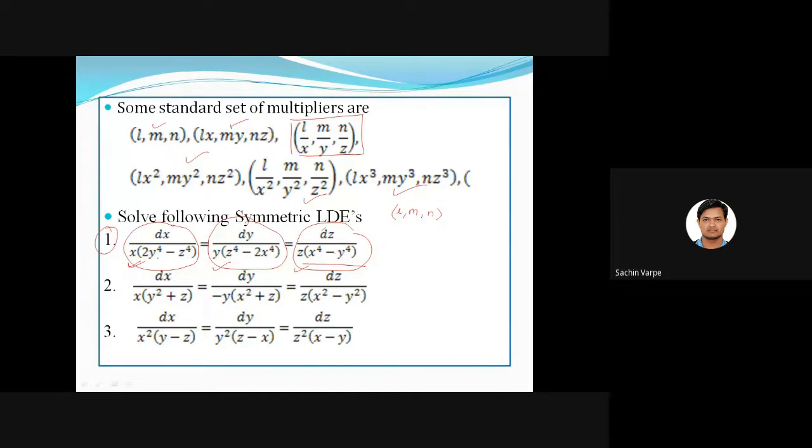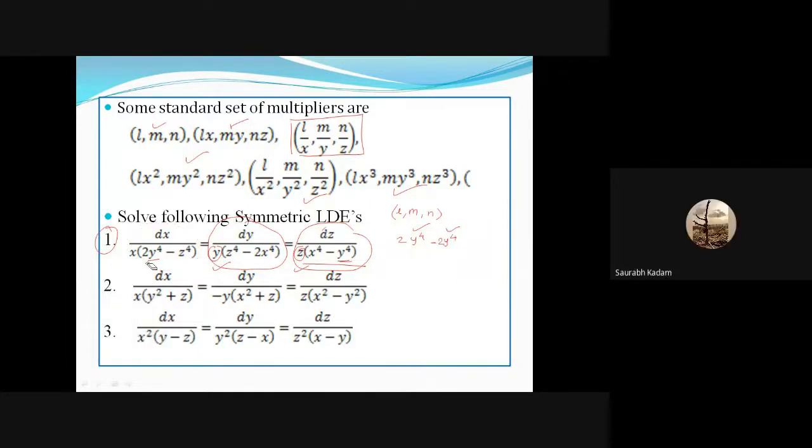So we can see here, the first term, when I exclude this x, y, z term, what will I get? 2y raised to 4. And is there any y raised to 4 term there? Yes, here in the last. So 2y raised to 4 and a y raised to 4 term is there. To cancel these two terms, what should I have here? I should have 2 here, because the minus sign is already there. So when I add them, that will be 0, right? Is this clear to you, everyone?